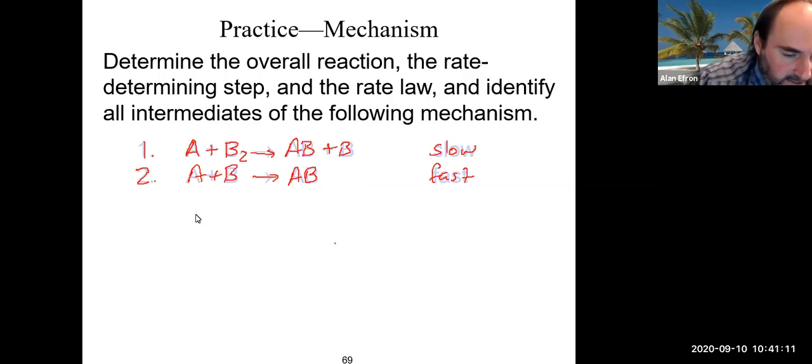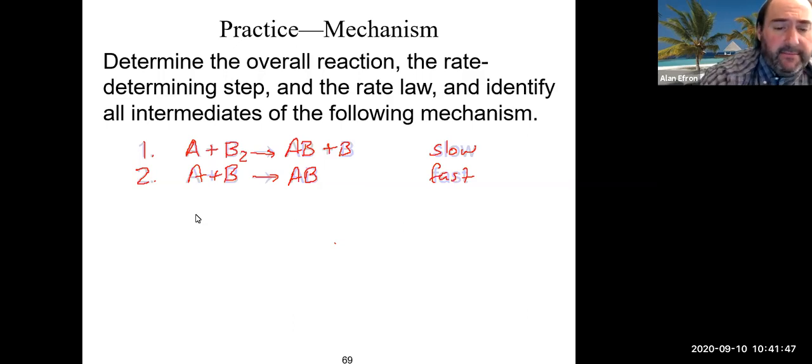So let's take a look at this one here. This one's a little bit different. We're not actually given a rate law experimentally. We're asked to find the rate law based on this mechanism. In the last couple that we did, we were given an experimentally found rate law, and we were asked to prove whether this was a good mechanism or a bad mechanism. Here we're just asked, what is the overall reaction, and based on this mechanism,